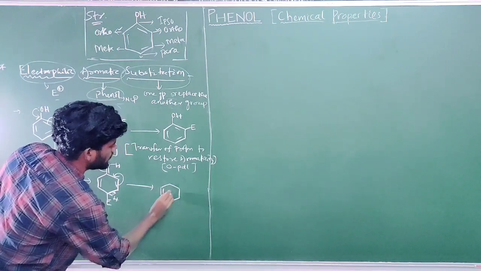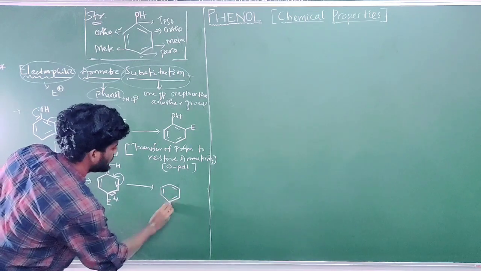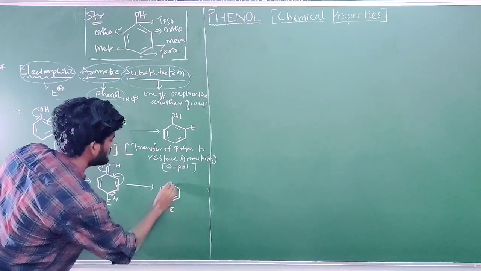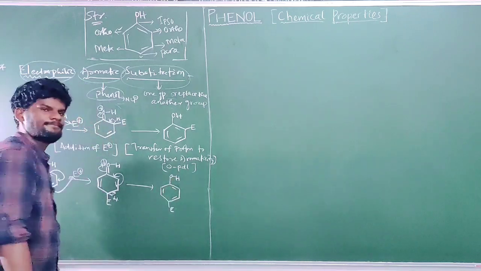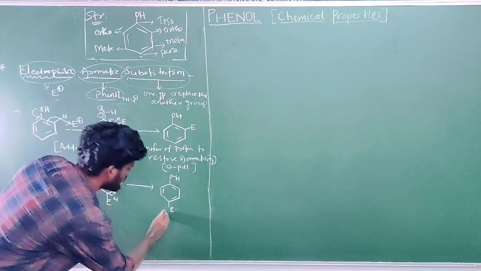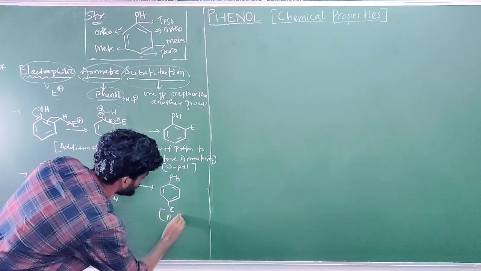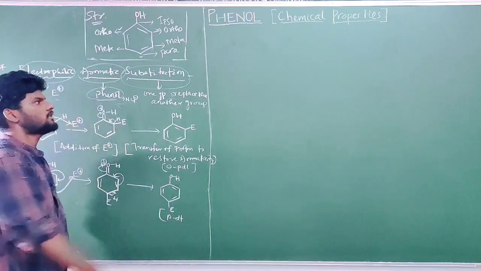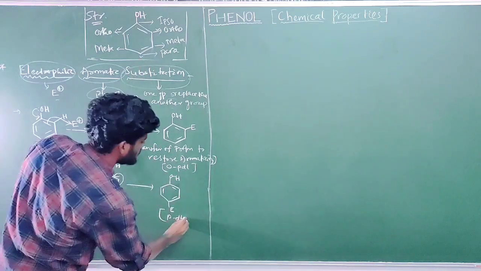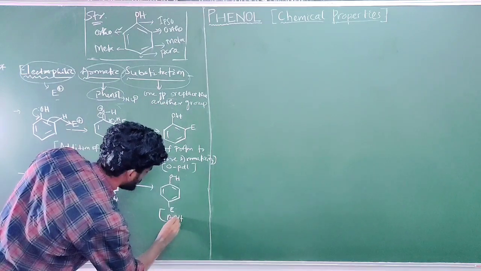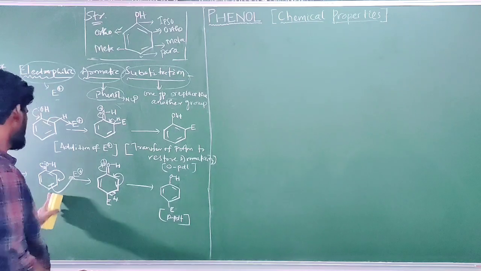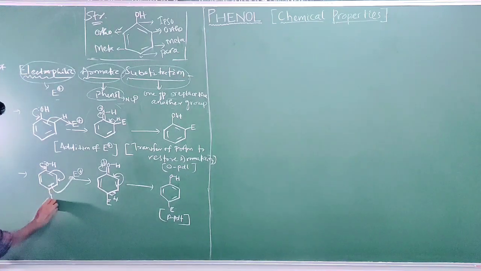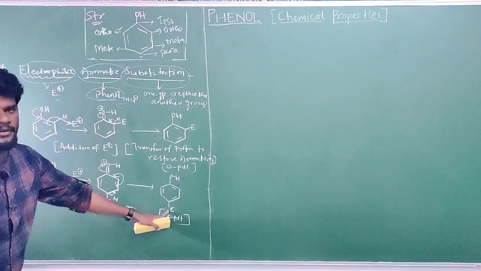Okay, very easy. Electrophile attached here, OH. Okay, this is the para product, we can call it the para product. At the para position the electrophile is attached, this is the para position, this is the para product, PDT. So it is substitution of hydrogen at the para position by the electrophile.